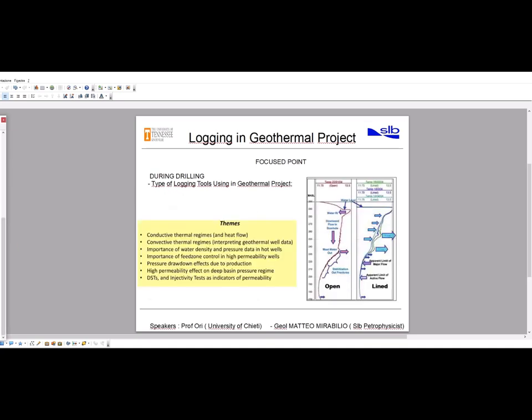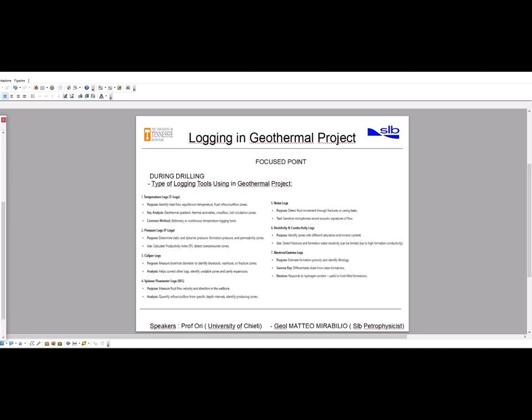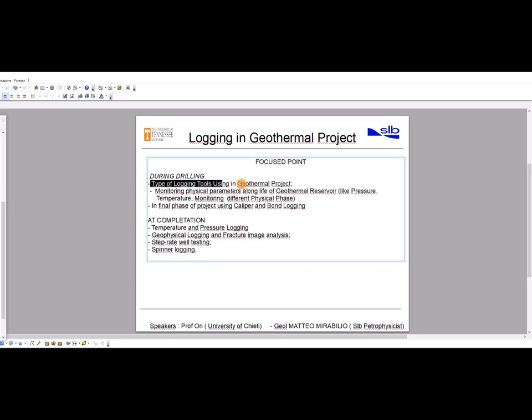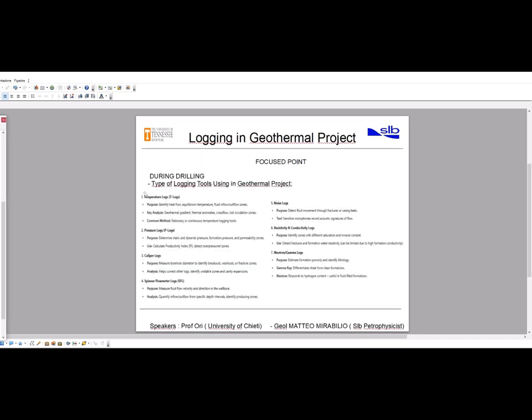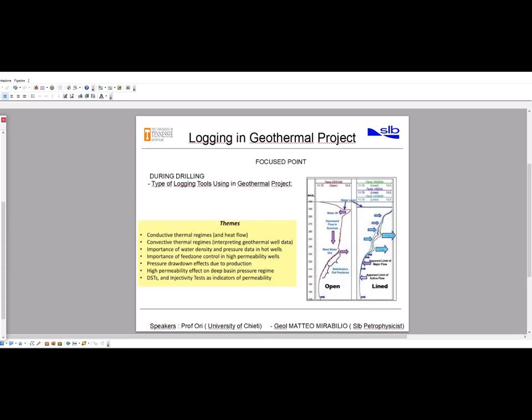So it's clear that we are just introducing this course. We are talking about the first theme of this course, the types of logs used in geothermal projects. And when we say this, we are talking about temperature and pressure logs, but this item is very complex because it involves several sub-items like